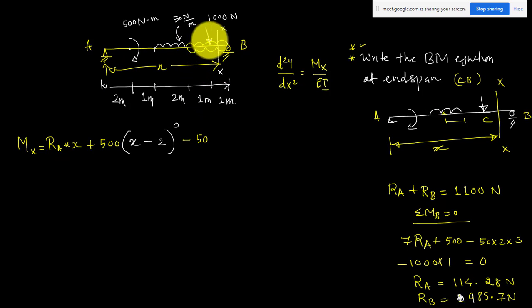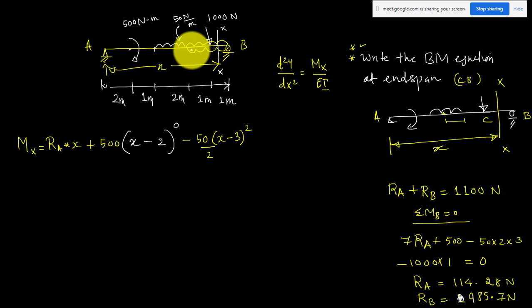So 50 into x minus 3, because this is 3, so 50 into x minus 3 into x minus 3 by 2, that is the moment at section x. So this is your moment due to the UDL. This entire load above the beam, the full UDL, I have covered in this equation: 50 into x minus 3 into x minus 3 by 2, a simple equation, that is your UDL moment.